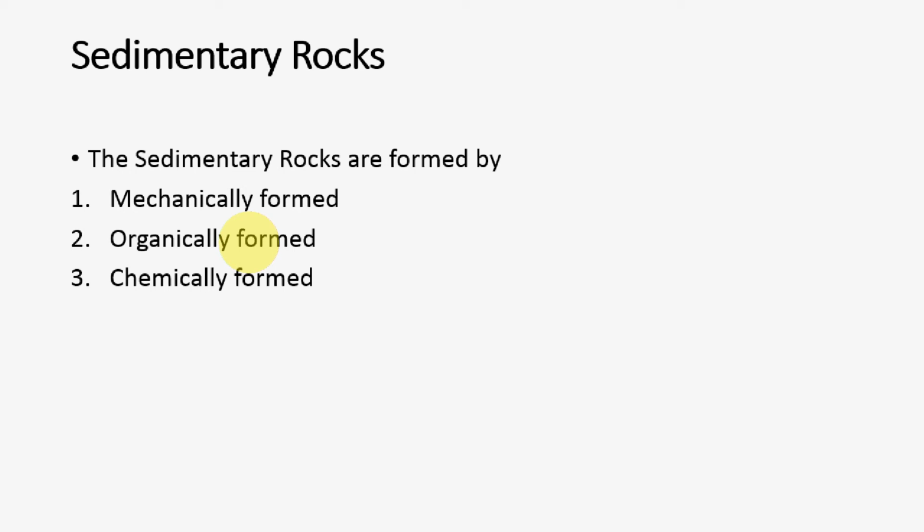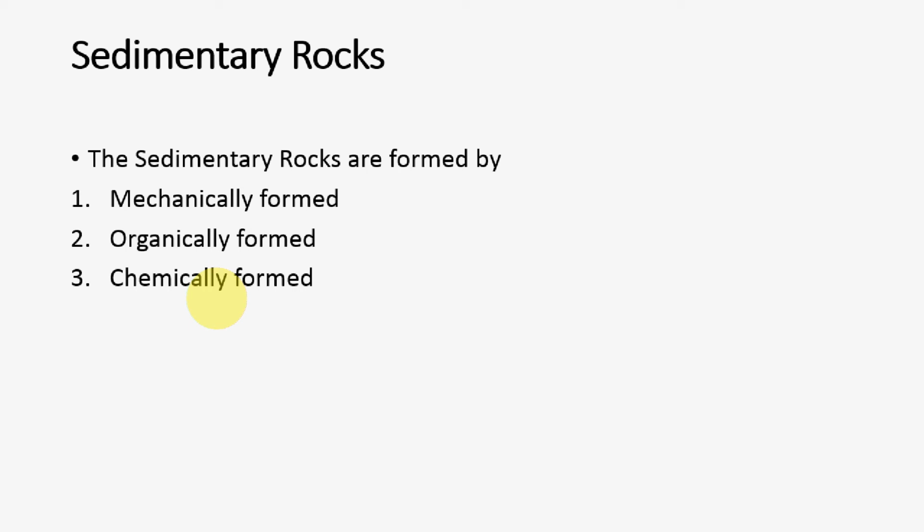The other example of organically formed rock is limestone. Limestone, as we know, is composed of shells and skeletons of dead marine animals that lived in shallow regions of a sea or a lake. So these are the basic characteristics of organically formed rocks. We have just discussed how organically formed sedimentary rocks are created, basically from various plant and animal remains.